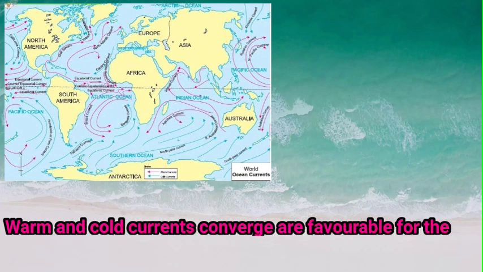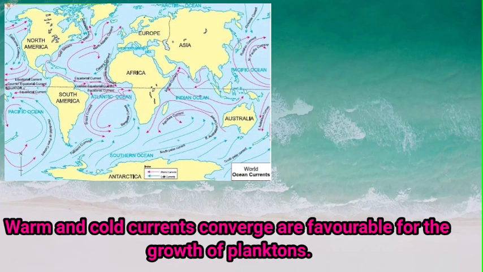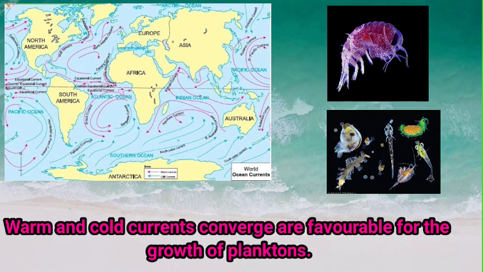Children, the regions where warm and cold currents converge are favorable for the growth of plankton, and plankton is food for the fishes. Fish from other areas travel towards this area in large numbers. They breed in warm water. Due to the high concentration of fish population, fisheries thrive in this area. So children, you can see in the map such a condition near Newfoundland Island, where the warm Gulf Stream and the cold Labrador Current meet. So children, this is how oceanic currents are also helpful for human lives.